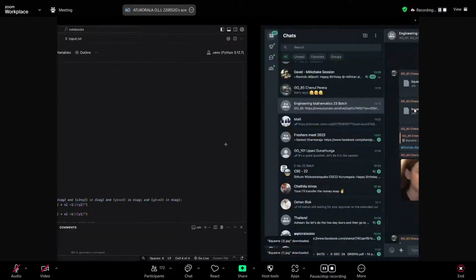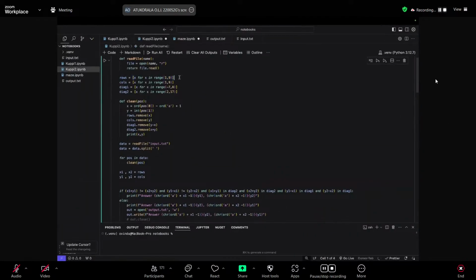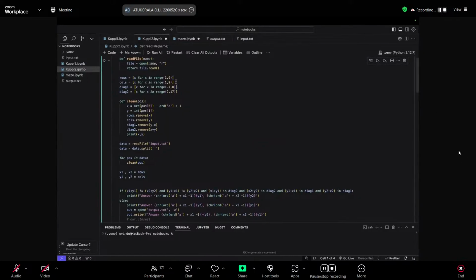So that is what I did. I had a list of rows. I used lists here. So I had a list of rows and a list of columns, which were enumerated from 1 to 8. So that is the rows and columns here. So just to make it simple, I didn't index it from 0 or anything. I just, to make it simple, from 1 to 8, I had a list of rows and a list of columns, right?